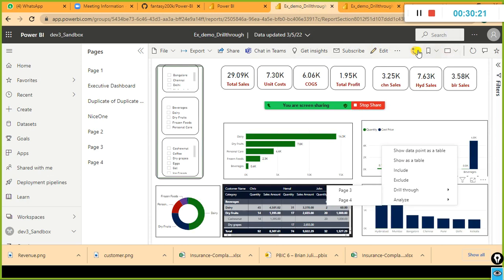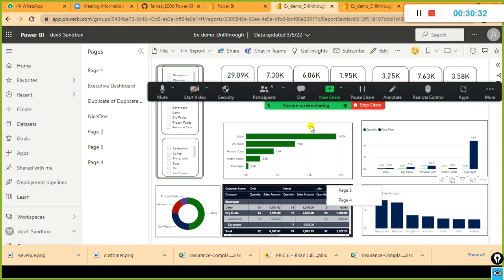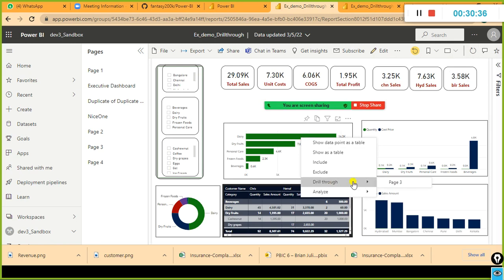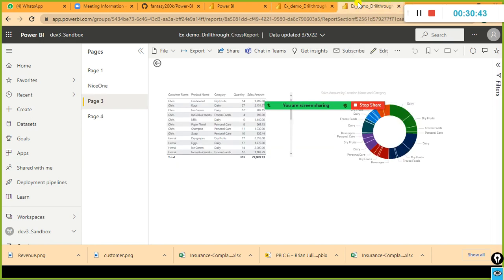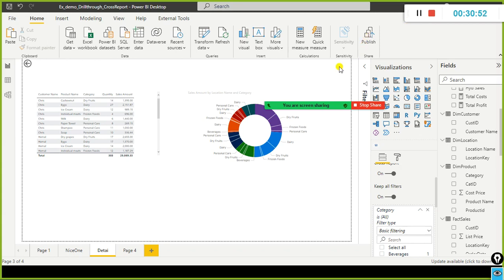Let me just refresh it. Sometimes it will take some time. I need to click on this one, not this one. This is to refresh the visuals, and if I right click on it, no luck, something went wrong. Yeah, page 3, page 4 here it shows, but it is not showing this one. And the last try, okay, let's go and publish it.